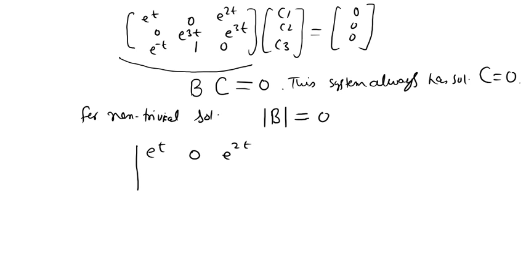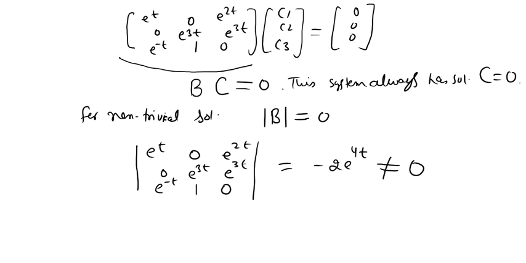Just expand it from maybe the first column or first row or third row. So just expand this determinant. You can do it, so the answer is minus 2 e power 4t. Since the exponential never vanishes, this is non-zero. So this means the system that I wrote, BC equal to 0, has only the solution